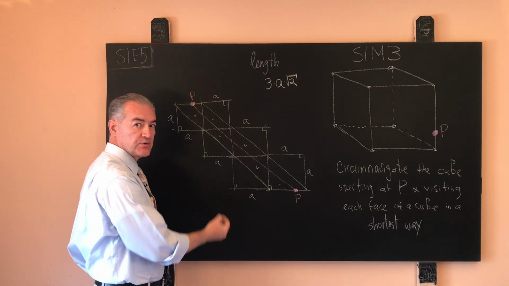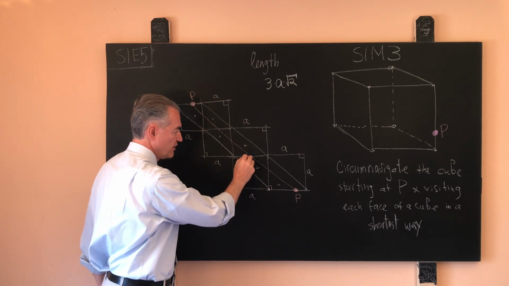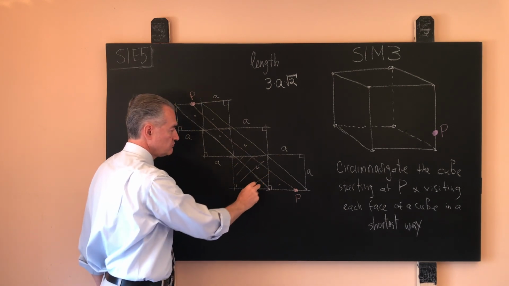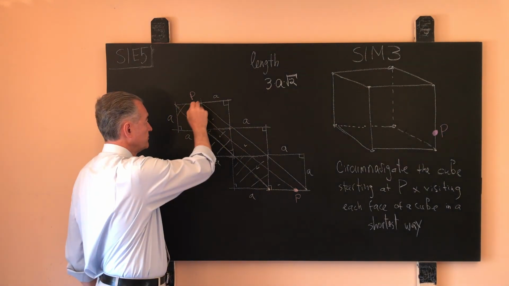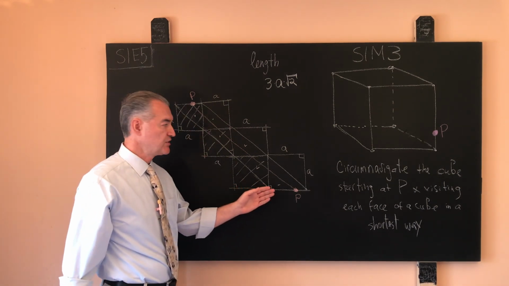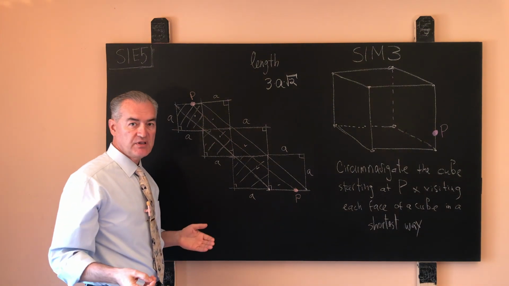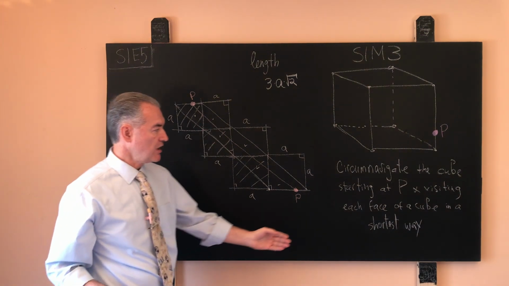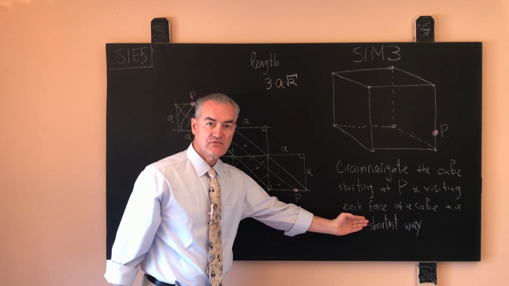And let us see what happens in this case. In this case, our friendly ant will only visit this face, and this face. But our ant will have no chance to visit this face, and this face. And that will be the violation of the constraint that our circumnavigating orbit must visit each and every face of